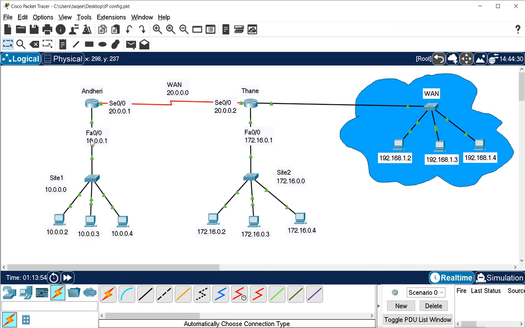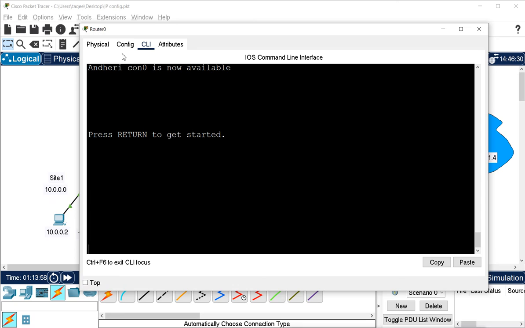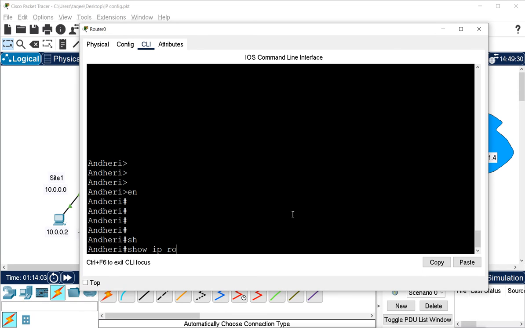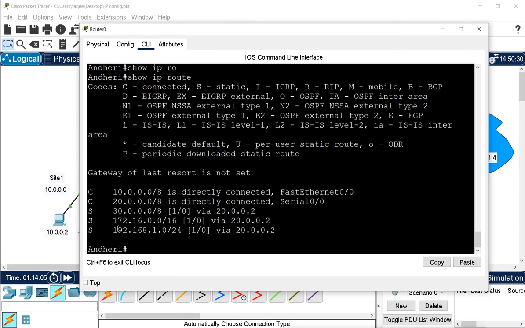Now I will try to access it from here. So first I will do what? I have a route previously added here, this one, which is actually wrong. Now we have removed it, so we remove this network from here also.